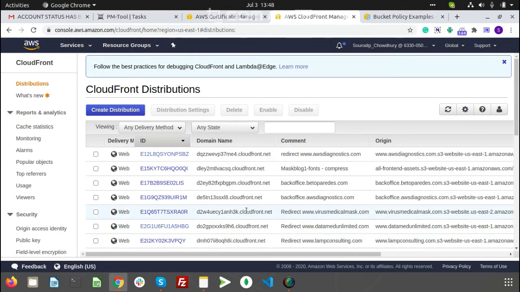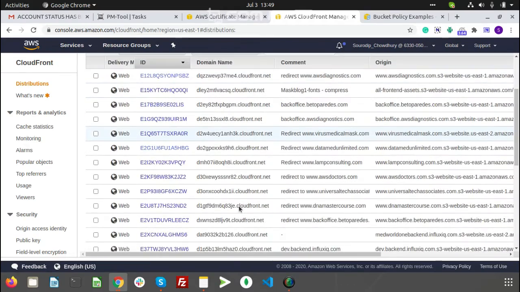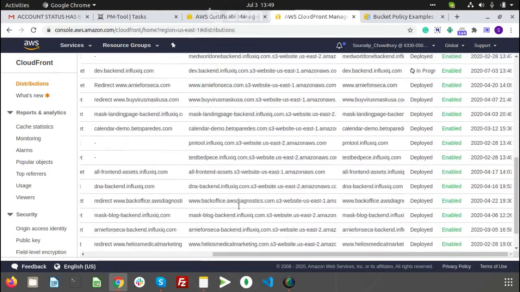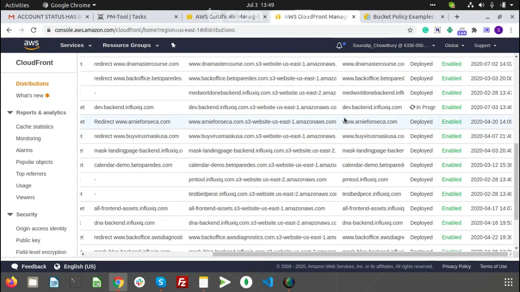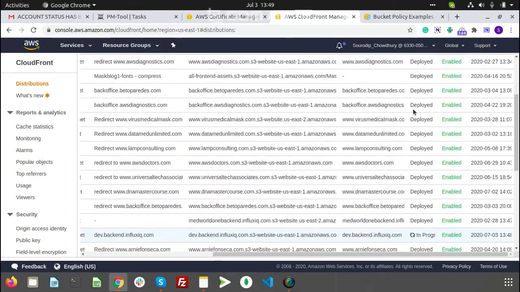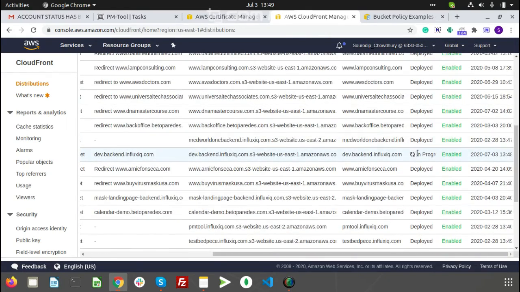CloudFront acts as a request handler, while the S3 bucket acts as a storage device in this whole system. We can see that our CloudFront is being deployed. It's enabled, but unless it is deployed, you won't be able to see any changes.